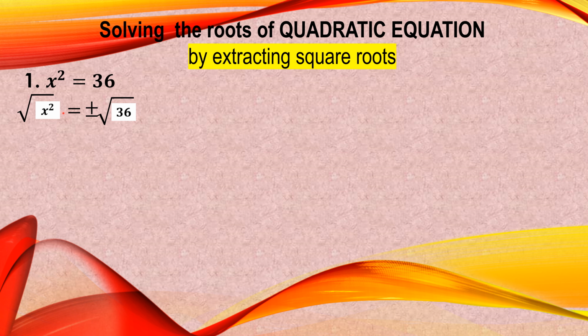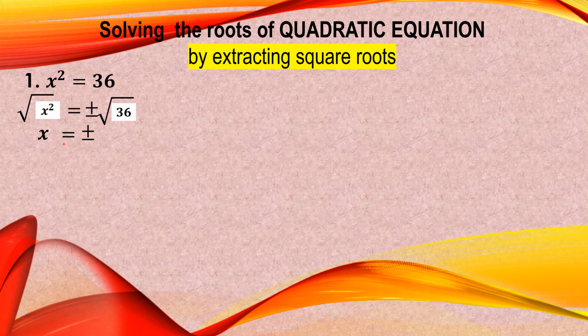Getting the square root of x squared is already x, because the square root is telling us that it has an index of 2. So there is an index of 2 in here. And if the index is the same as the exponent of the radicand, then we are simply isolating the symbol. So it will now become x, because the square root of x squared is x,